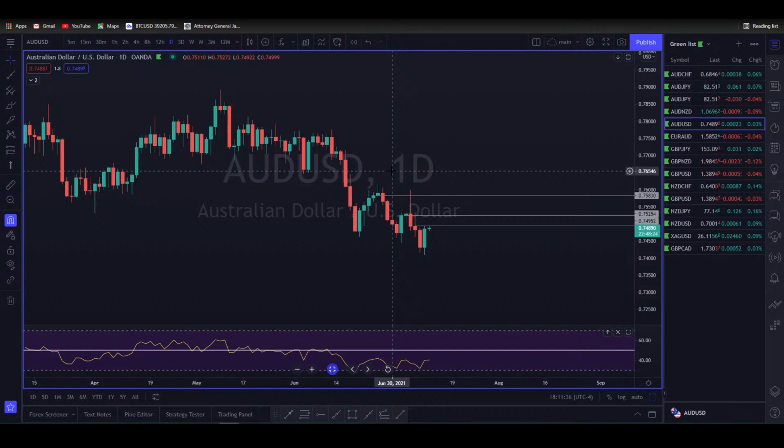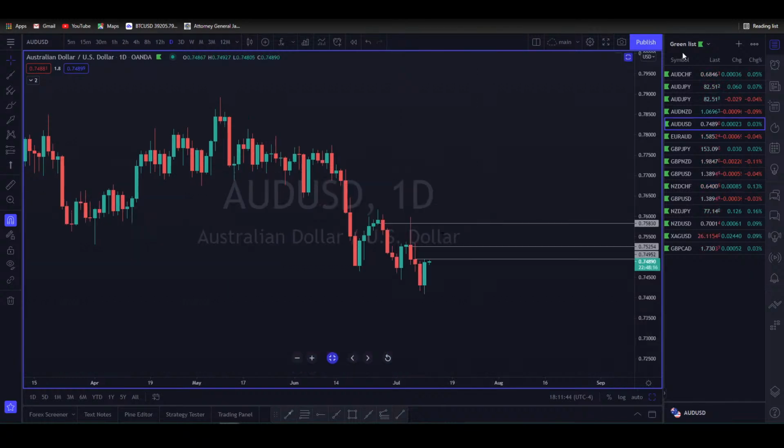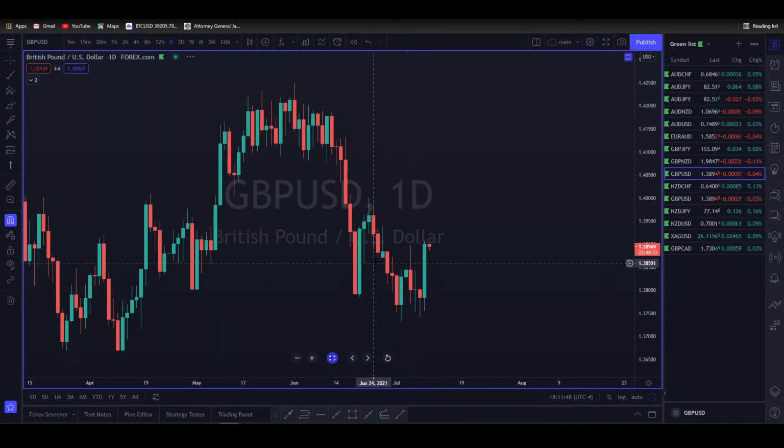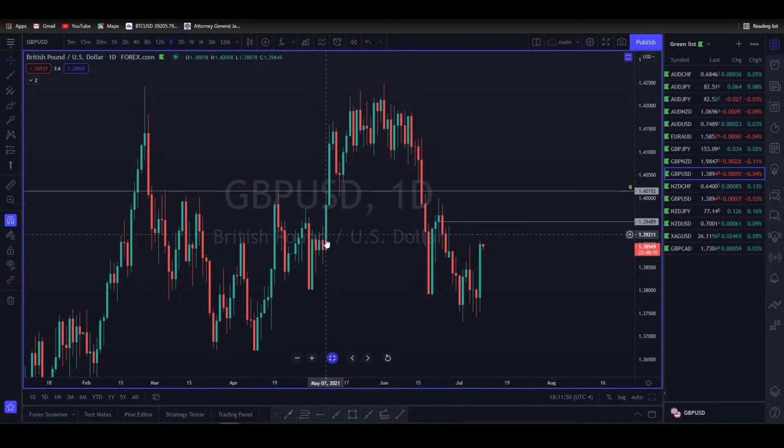For instance, on pound USD the other day, I was long from May 7th, the NFP. We had NFP here, so I got long down here. So when we were up here, all of this was unrealized P&L. So when I started to see a topping formation, I took a short on my other brokerage account, looking to